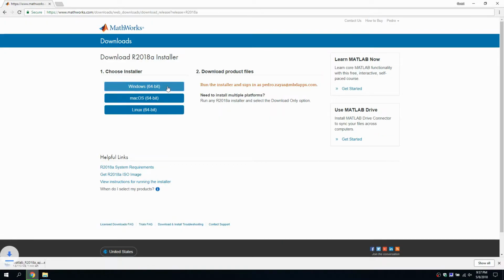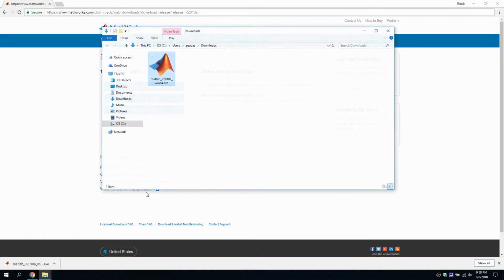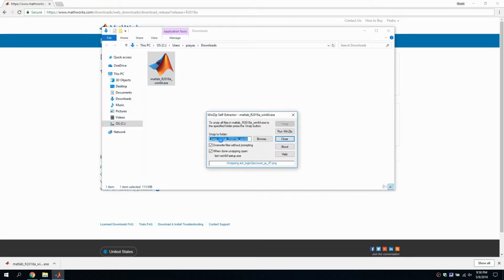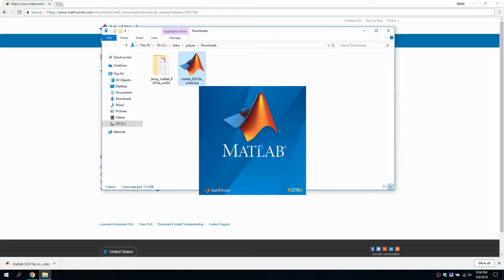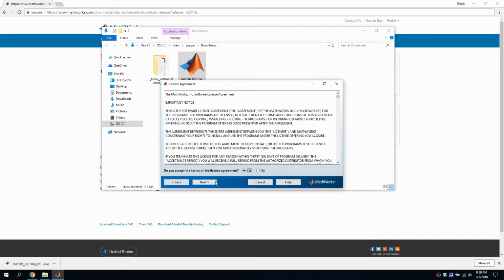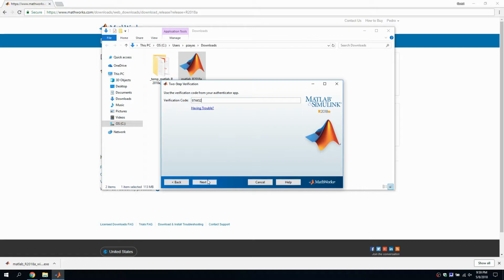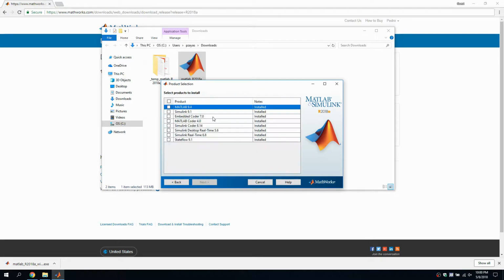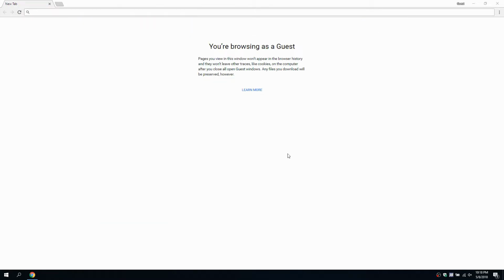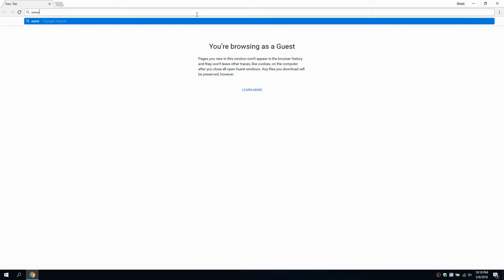The installation process might be different for you, so we will not go into much detail. We will use version 2018a, which is the latest version at the time of this recording. In order to follow the tutorials, you will need to install Simulink and Stateflow. Additionally, you will need Embedded Coder for code generation and target deployment, but this is only optional. Keep in mind that these MATLAB toolboxes may depend on other toolboxes, so those will also have to be installed. For example, you might need to install the MATLAB Coder and Simulink Coder in order to be able to use the Embedded Coder.